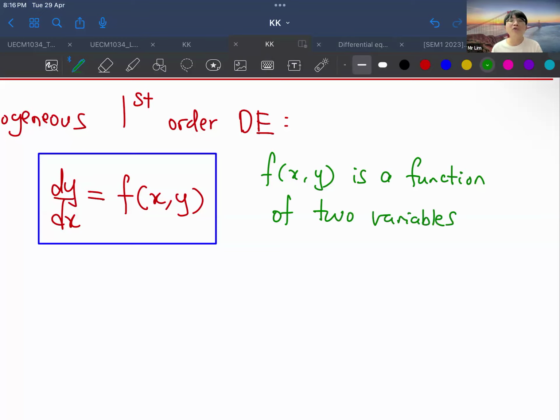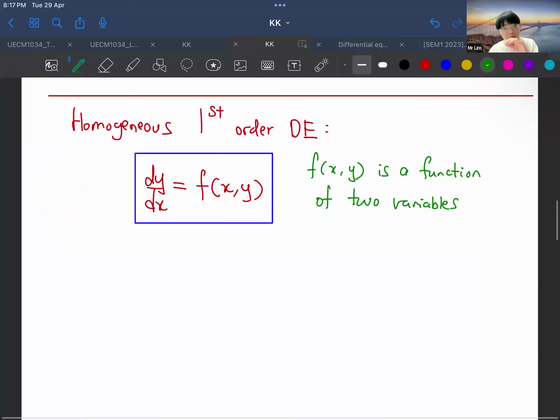That you're going to learn in calculus, university, maybe year 1. So it's a function of 2 variables. You might not have much idea. Let's just give an example, meaning that